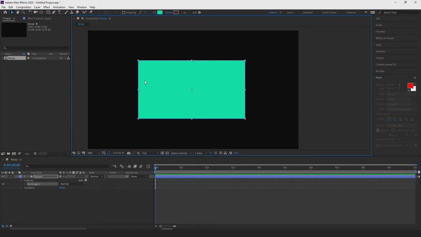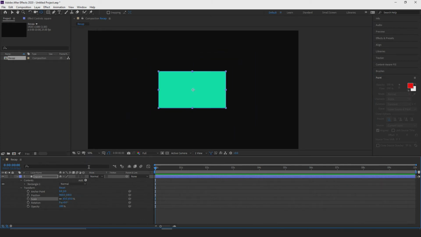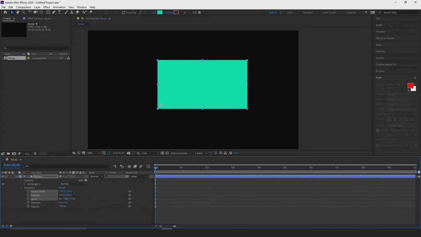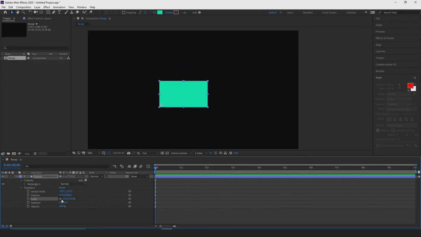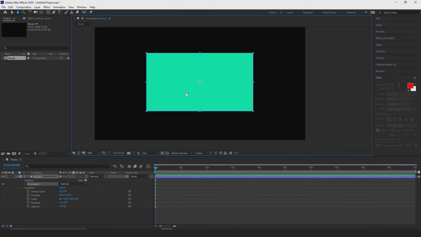So if your anchor point is situated over here, for example, and I wish to scale this rectangle, then it will scale from that anchor point. So it's not scaling from the center. So if you want to create an animation that scales from the center, that becomes sort of a problem. So now that you have your square or your sort of rectangle,